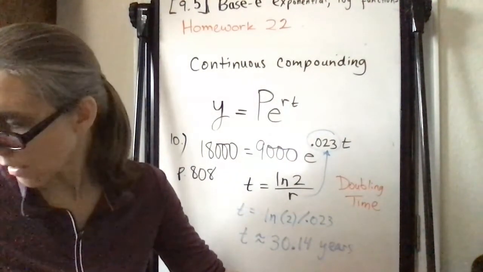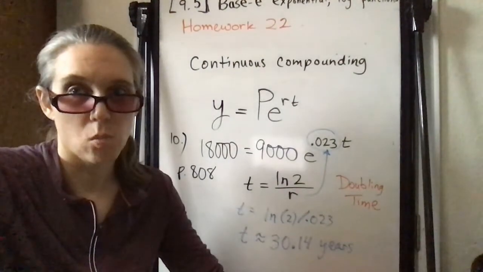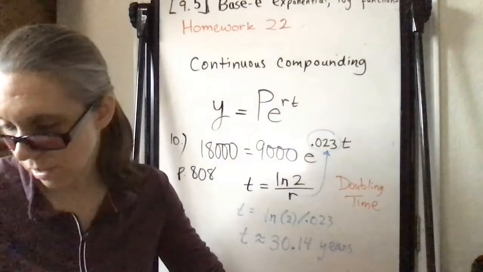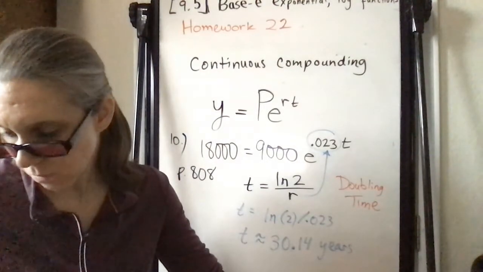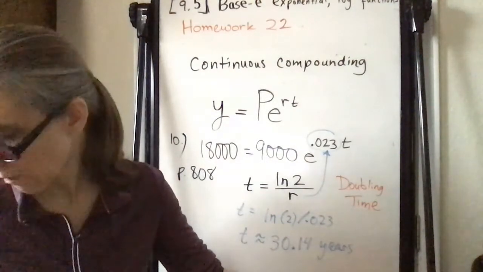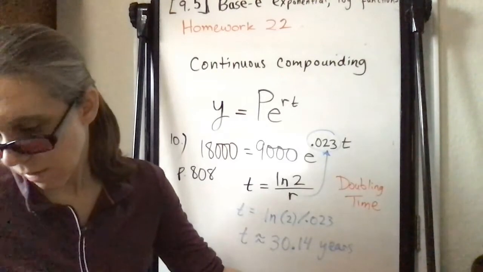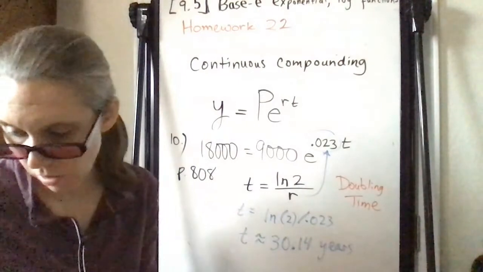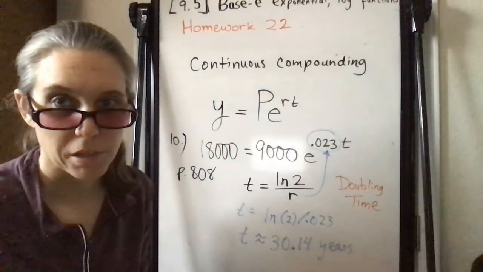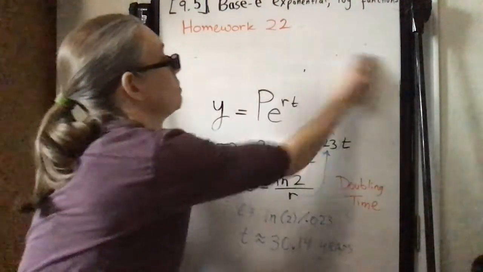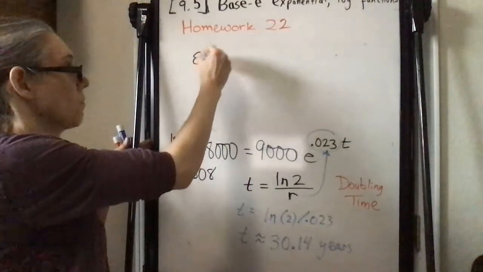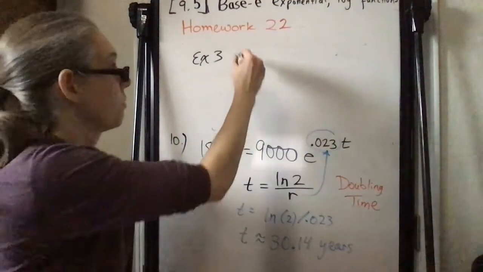The only other thing we need to do for this lesson is to understand the one word problem that I have assigned to you from 9.5, and that's self-check question 3. And self-check question 3 is based off a baking problem. So it just follows example 3, so let me explain example 3. So example 3, on page 804